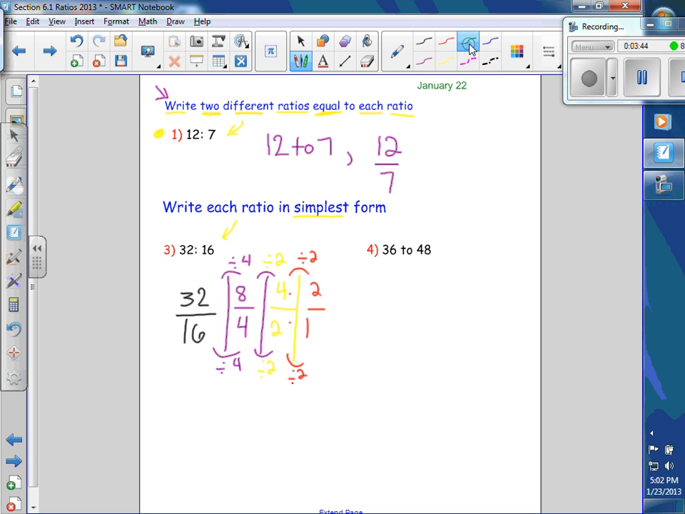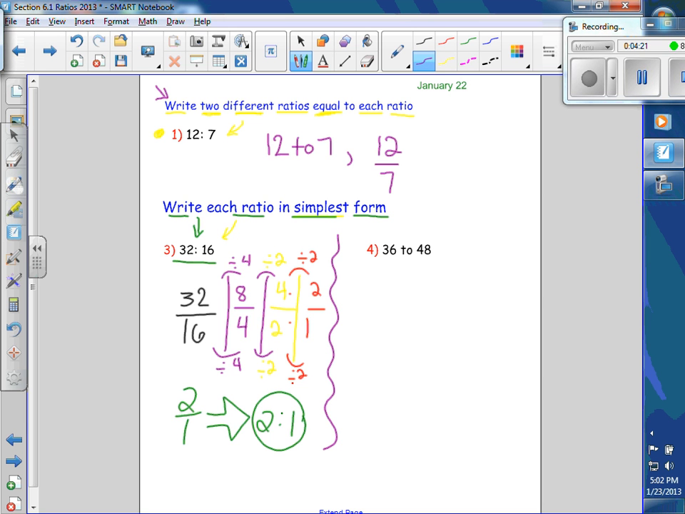Before you jump to the next problem, always look back at the original problem. If the original problem is written with a colon, your final answer needs to be written with a colon. So we take our reduced form of 2 to 1, and we write our final answer back in colon form, 2 colon 1. So whenever you're asked to write a ratio in simplest form, just think about reducing fractions. Let's practice one more time